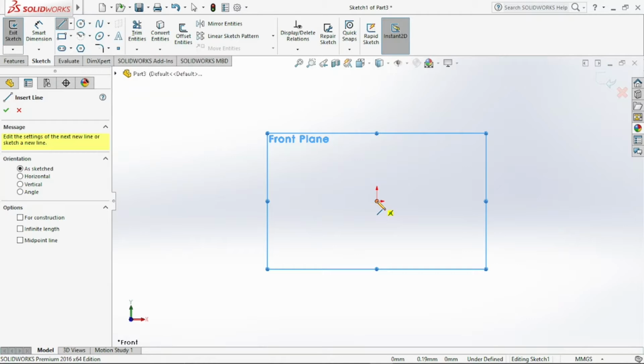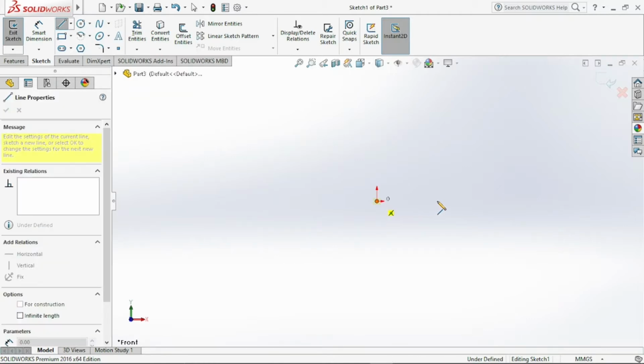Click on your mouse, and you can see that a line is being made. Just randomly click again so that we will be having that point, and click on one more side, and we are going to end it at the beginning point.